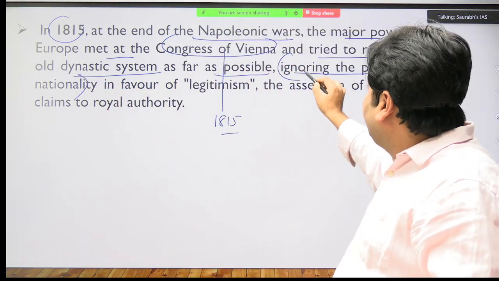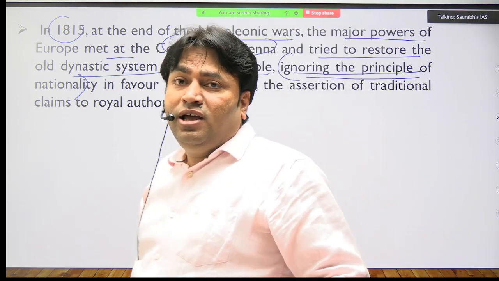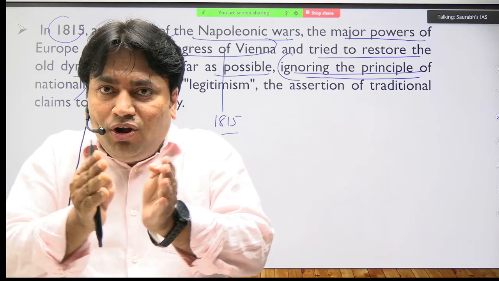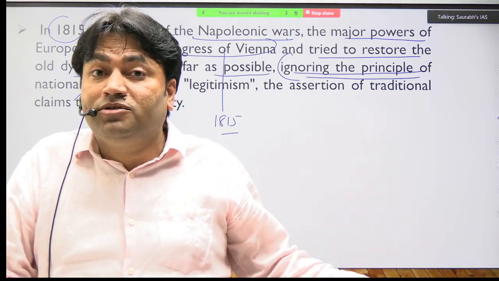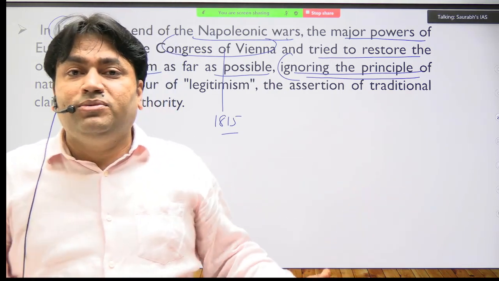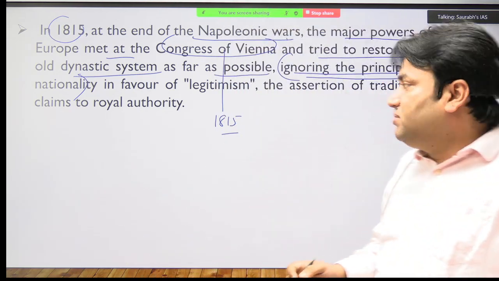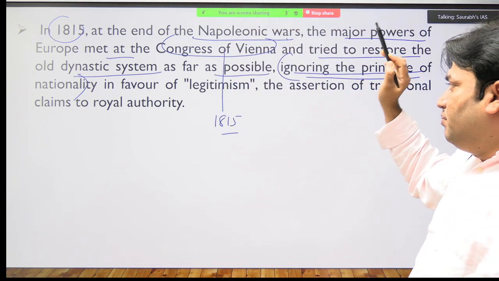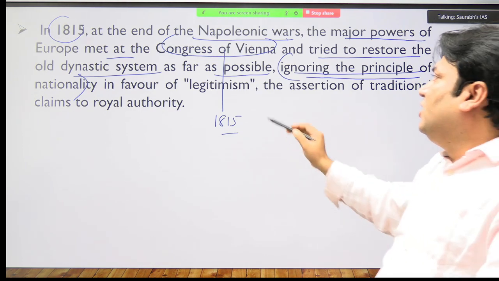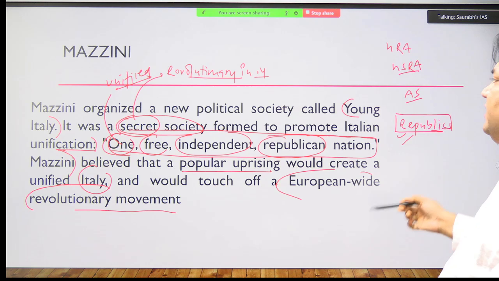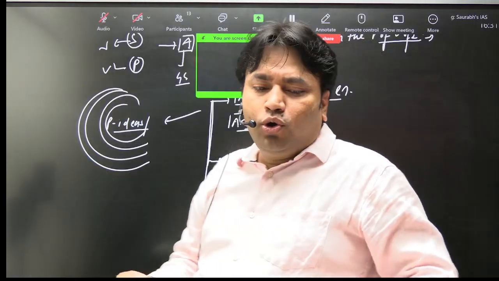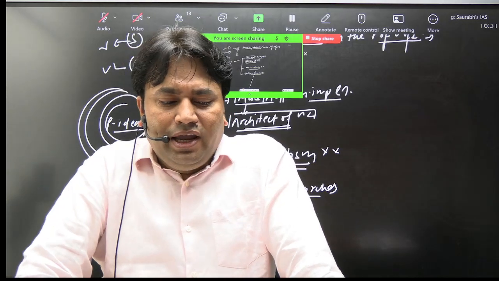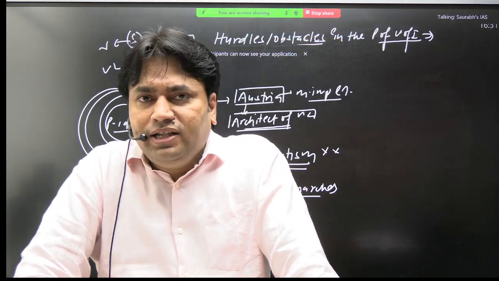Why has it been written here, ignoring the principle of nationality? Because they did not care for the ethnic ties, common cultural beliefs, shared customs, practices, and beliefs of the people, and they divided and distributed these territories among themselves. आपस में territories को क्या किया? बांट लिया. This happened. Got it? So this is the entire development. Now I think that you can relate this topic, process of unification of Italy, with growth of nationalism in Europe also. इससे relate करके देख सकते हो.